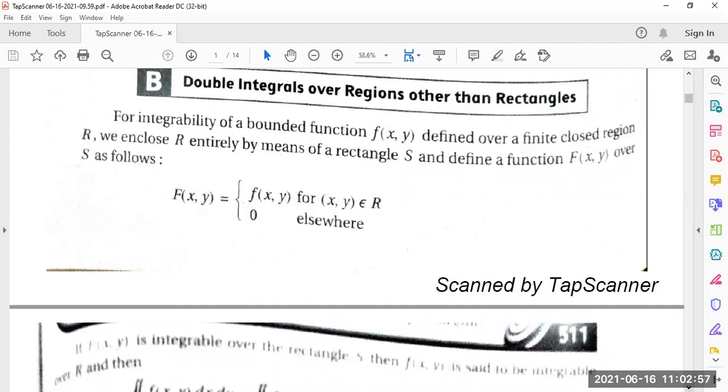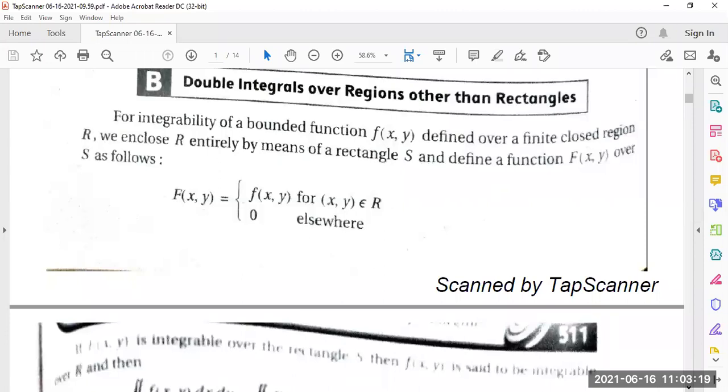As the limit exists, we can say that the function is continuous as well as derivable. So the function must be continuous as well as derivable. Then we can find it. Now we are going for the double integral over a region other than the rectangle. Previously, it was a regular shape. It can be measured by mensuration also if it is a rectangle.